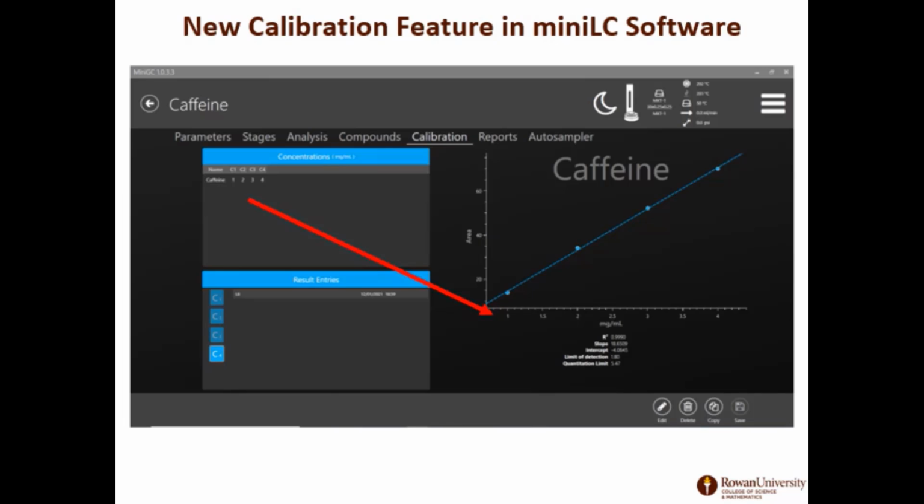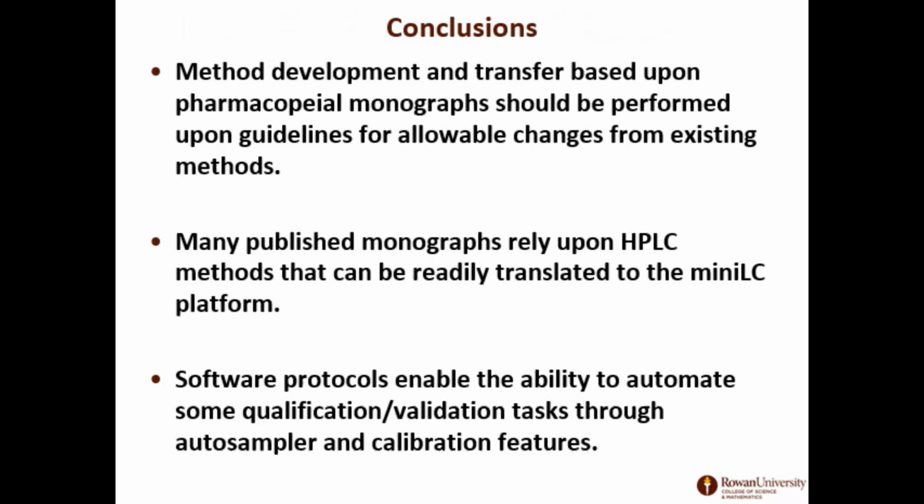And then more recently, the software has been updated to allow this calibration feature. So you can actually tell it what concentrations you're expecting for these compounds, which concentration is listed in each of these vials, and it'll actually generate that linear calibration curve for you. You can see this example that they did at Lucidity headquarters to be able to do this for caffeine as an example study. And so with that, just to kind of conclude, what we've talked about today is a bit